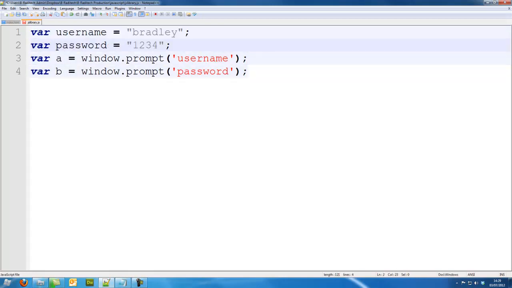What we're going to do is we've set the username and password, then we're going to ask the user what the username and password is, and if they've got it correct, then we will alert out they have logged in, otherwise they will not be able to log in. So I'm going to make an if statement, and two brackets,